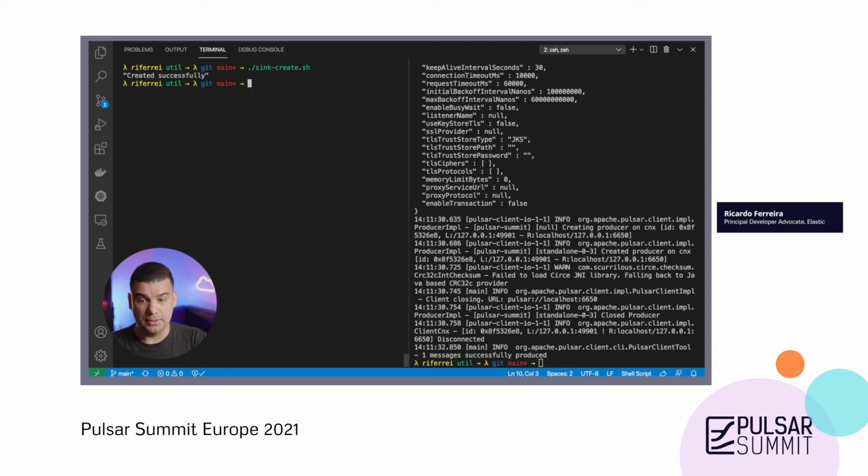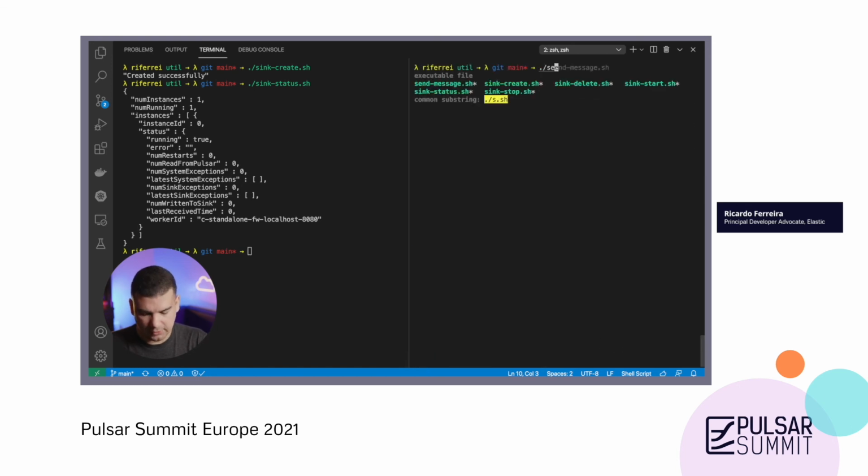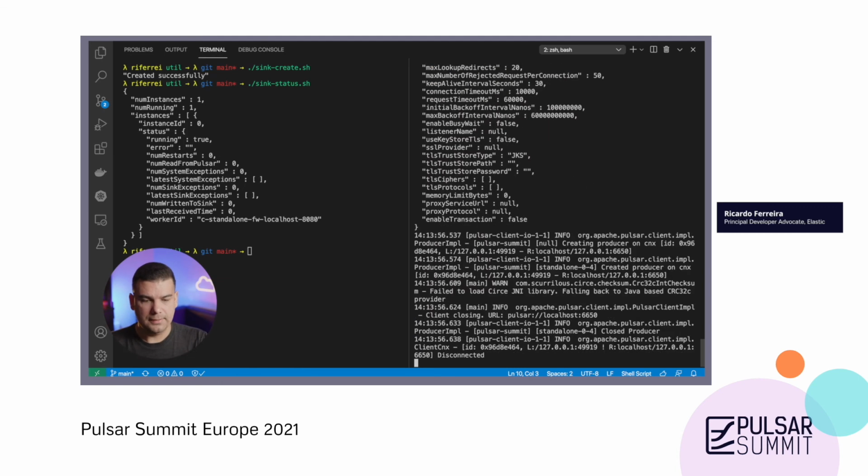The connector has been deployed, and you can check the status of this connector using this other script called sink status. As you can see here, the connector is running, though it hasn't written any messages to the sink. So let's send a couple more messages to the topic that this connector is listening to.